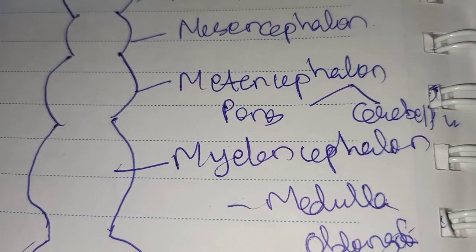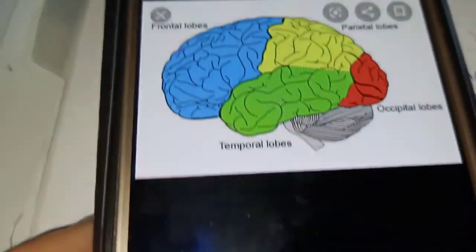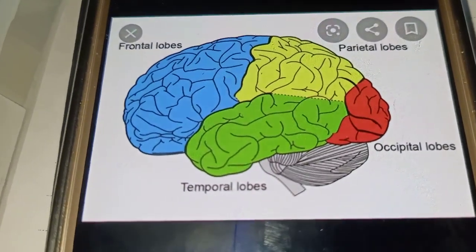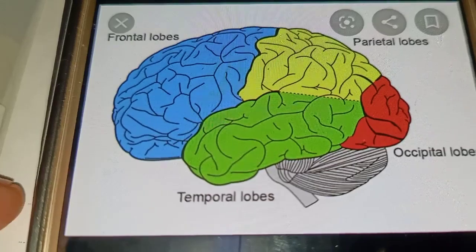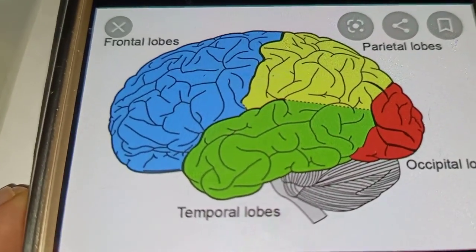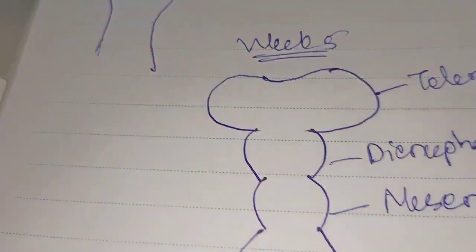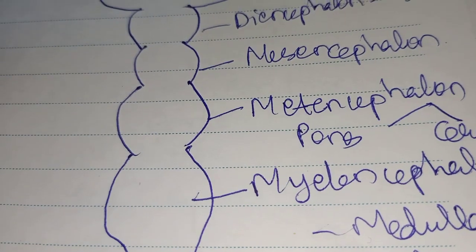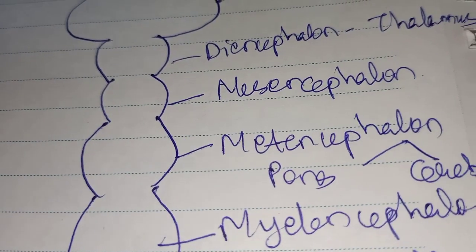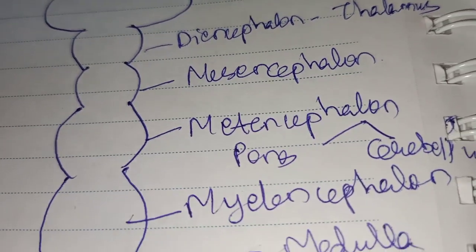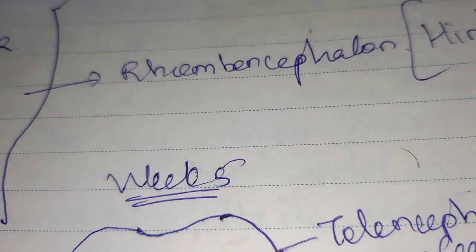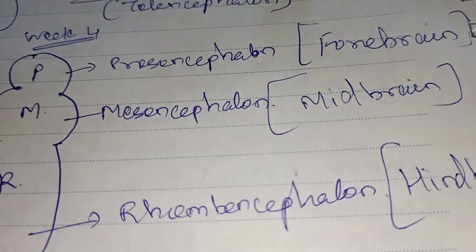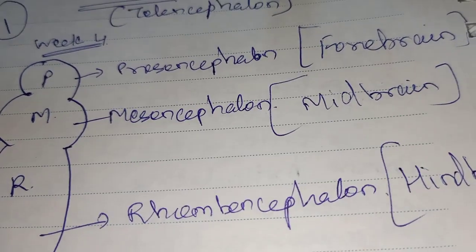Okay, so now this is how your brain looks. Okay, this is the picture of a brain. These are the lobes which are present, which I'll talk about. Then there is the presence of midbrain, forebrain and hindbrain. Okay, midbrain, forebrain and hindbrain. So please remember,